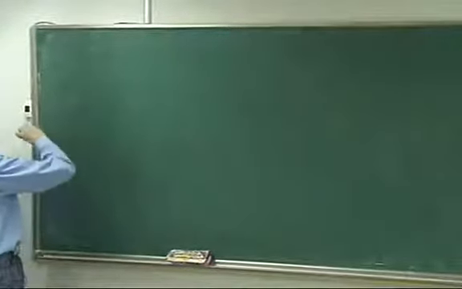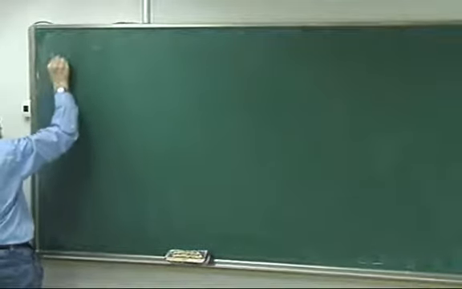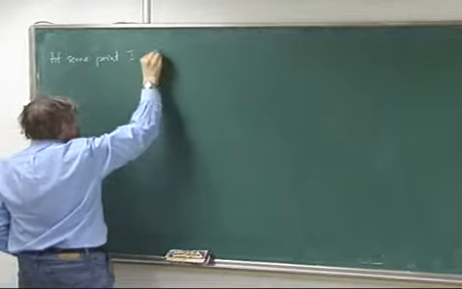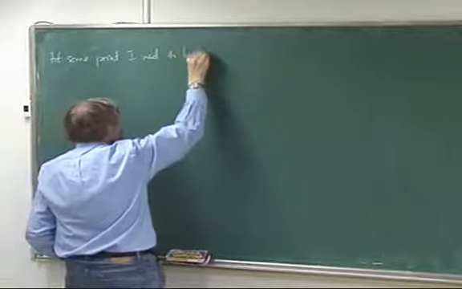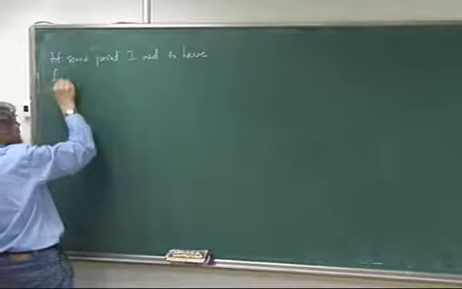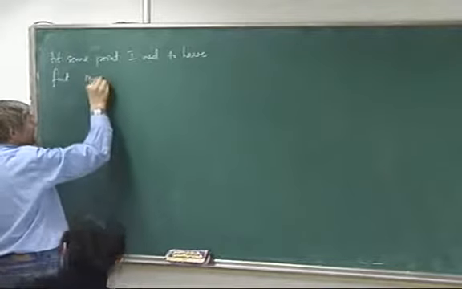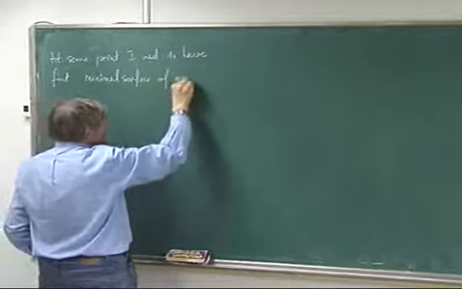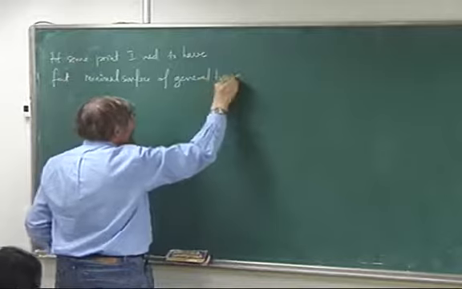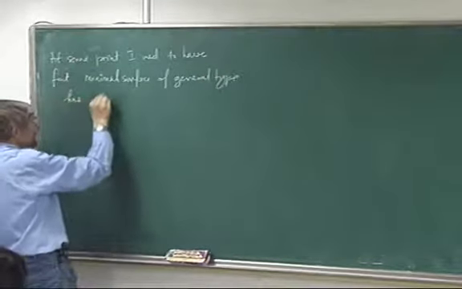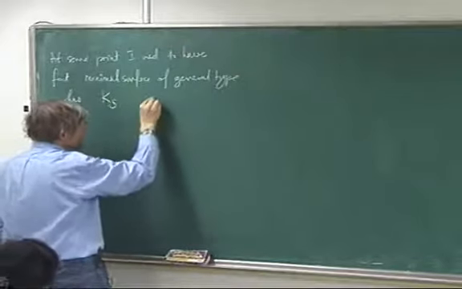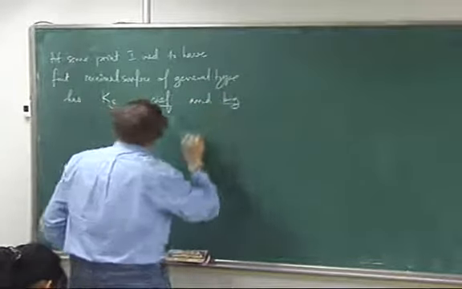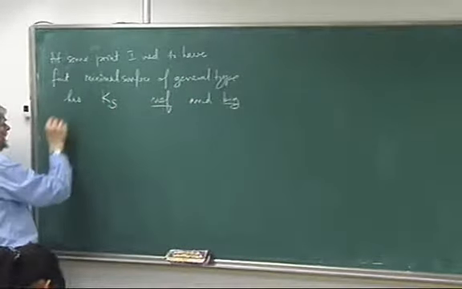So I need to explain. At some point, I need to have the fact that a minimal surface of general type has Ks nef and big. Okay, so minimal